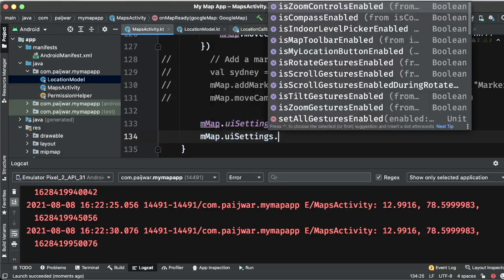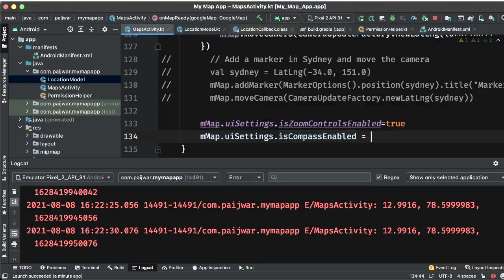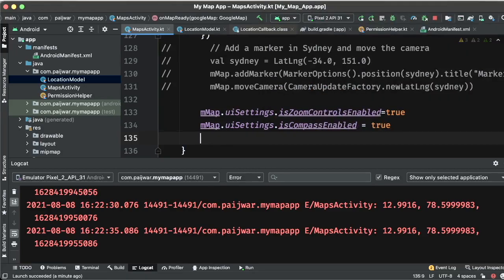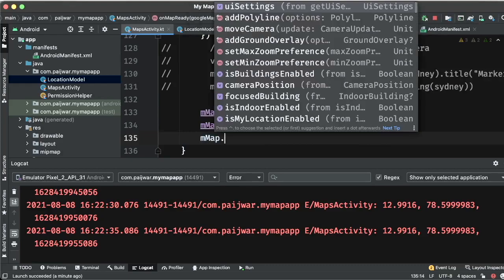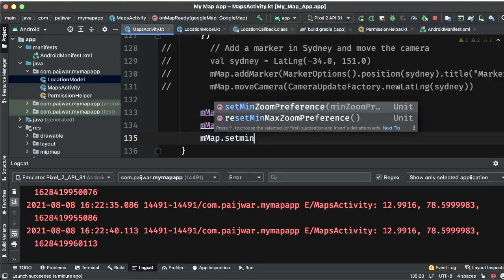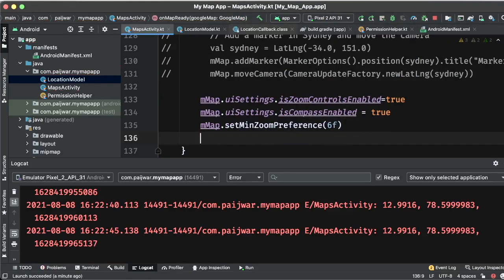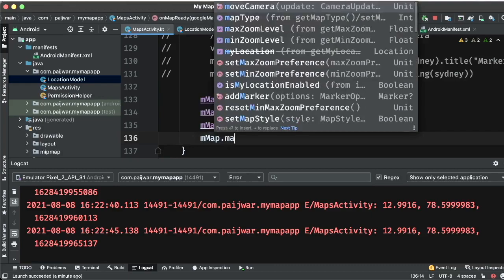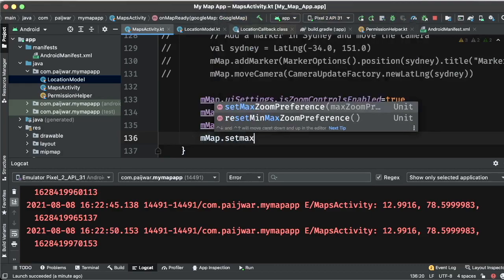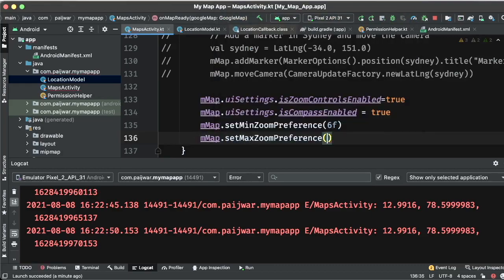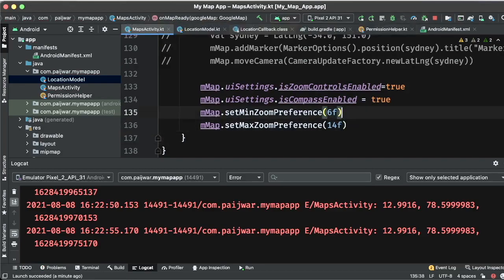Map UI settings. What else do you want to enable? Is compass enabled? Yes. Set min zoom preference. Minimum we'll say 6f. Set max, that I can go for 14f, and this is the zoom factor that will come.